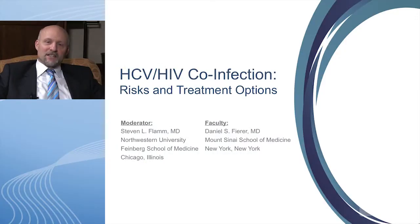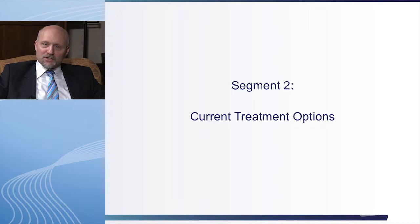We are going to discuss in this segment HCV HIV co-infection, risks and future treatment options, current treatment options for hepatitis C. Daniel, we've been treating HCV HIV co-infection for many, many years. Typically they have genotype 1, although there are co-infected patients that have genotype 2 and 3, just as there is